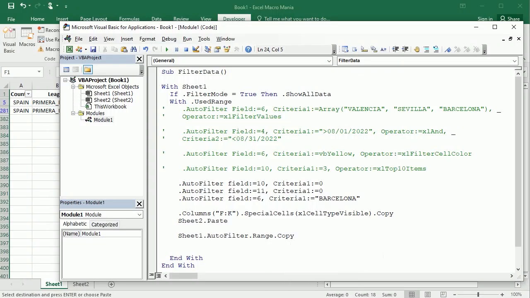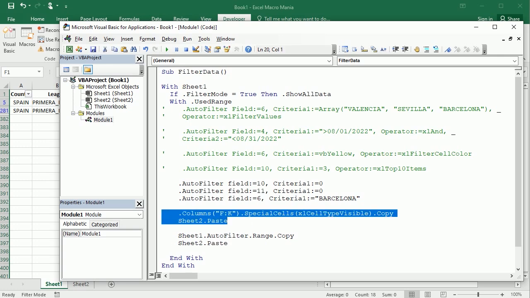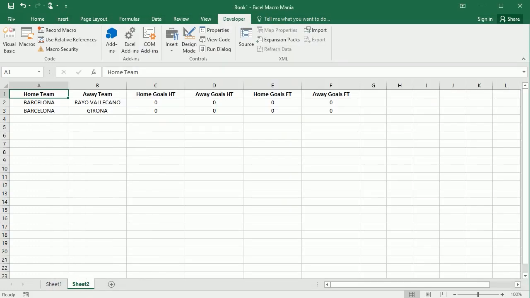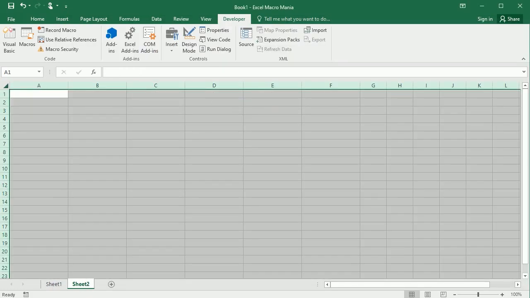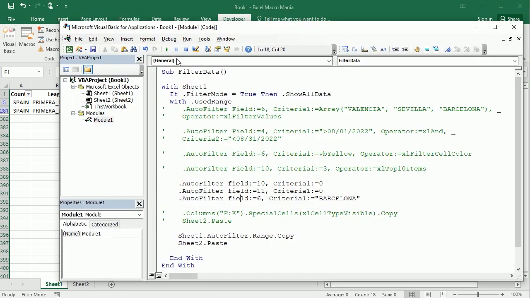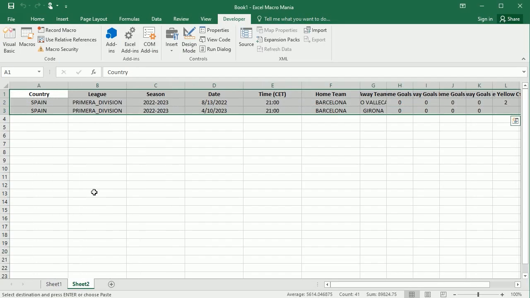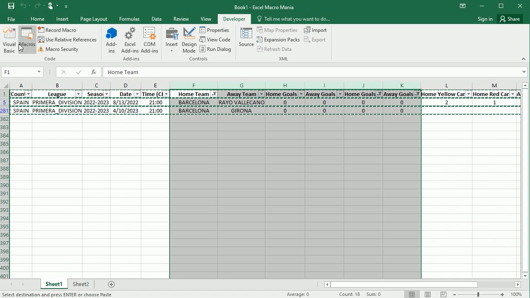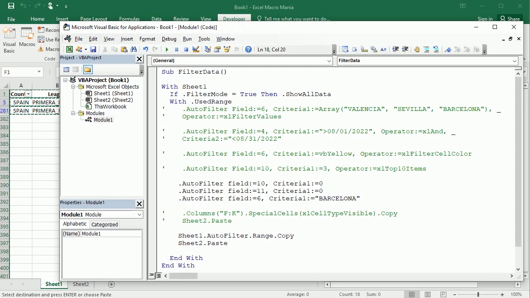And this is copying the data that has been filtered in sheet 1. So this is another way to do the same. If we copy this, now we can paste it in sheet 2 or whatever we want, right? So if I comment this, I run it, let me remove that, but this will now add all the fields. So the first method, run it, here we go. We have everything here. The first method has the advantage that we can target specific columns, while here we are